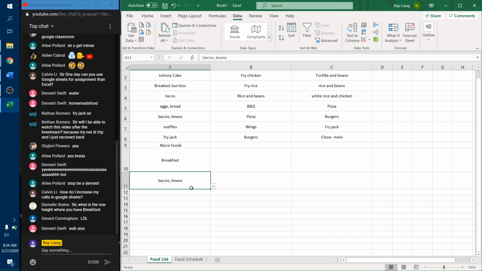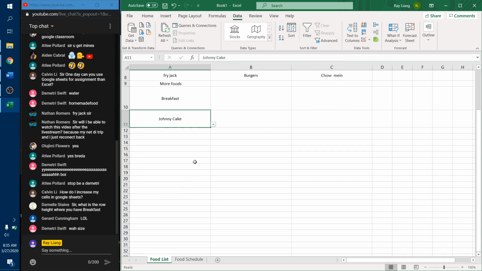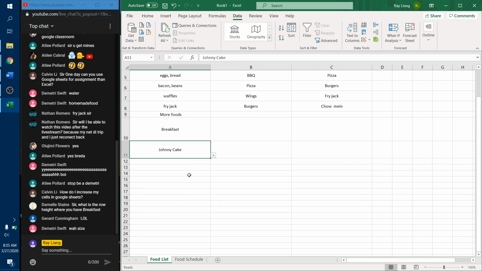This week we start with bacon and beans, and then we go ahead and eat some fried jack tomorrow, and then the next day we eat waffles, and then for the next week you don't want to go with that same order, you change it up, and basically it's just to click and then just change it for your schedule as you go along. Again, this is just one cell, so it doesn't really look that impressive,